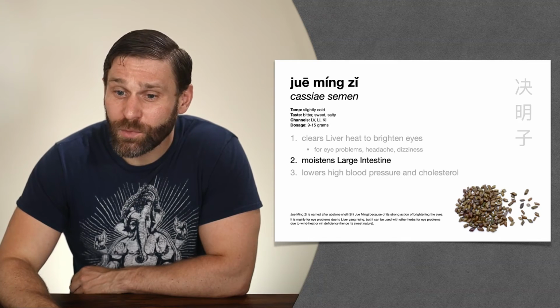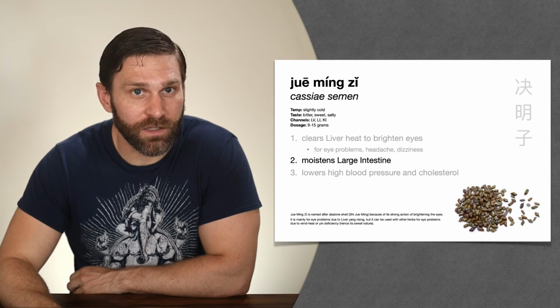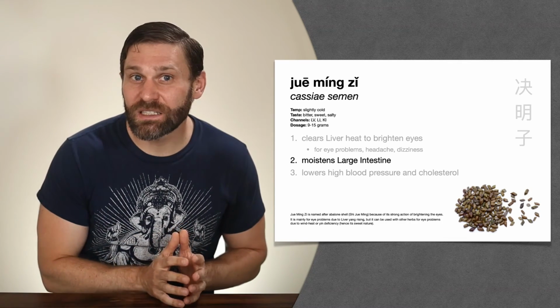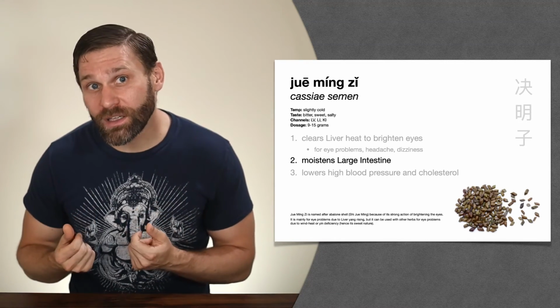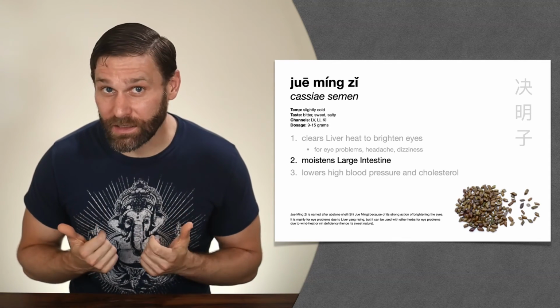What's different about this one is Juemingzi, cassiae semen, also moistens the large intestine. And again, this is just a common property of seeds. The word zi means seed. So Juemingzi is a seed. Seeds tend to be oily in nature, so they tend to have this effect of lubricating the large intestine